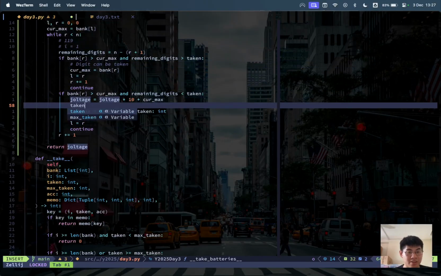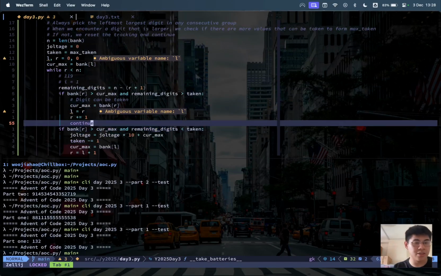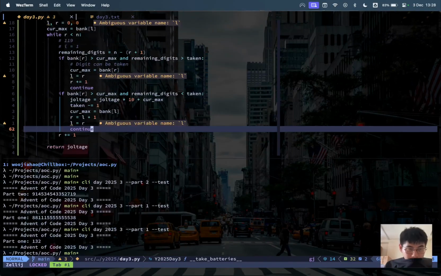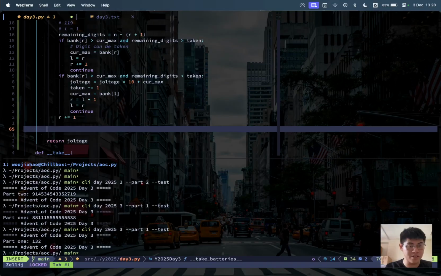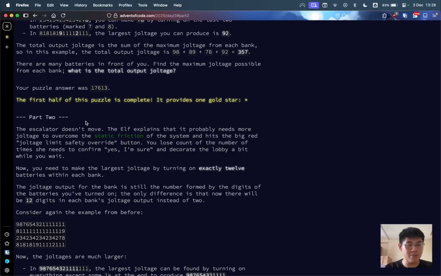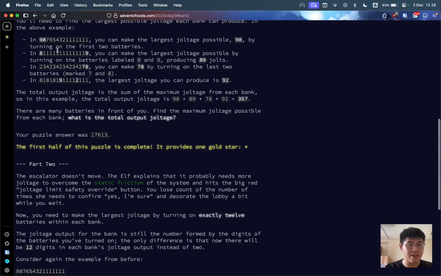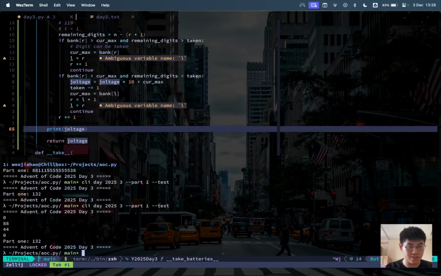And that's because we did not reduce the taken by 1. So I've taken 1 digit, I should have stopped taking more digits. Okay, so we kind of see a more sensible answer here. I think one thing I'm starting to realize here is that the joltage, so it didn't pick the very last of this. So you can kind of see here, let me just increase the size again. You can kind of see here that in the first example,